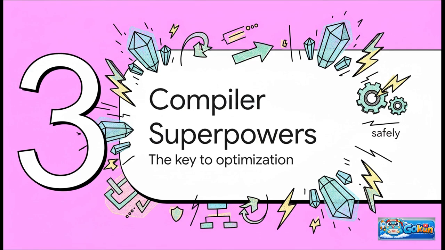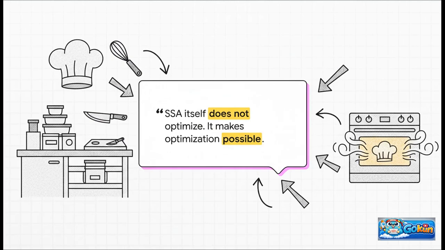Because once the code is in this crystal clear SSA form, it unlocks a whole range of incredibly powerful optimizations that would otherwise be extremely difficult, or in some cases, literally impossible to do safely. This sentence right here sums it all up. SSA is not an optimization itself. It's the foundation. It's like meticulously prepping and organizing your kitchen before you start cooking. It's the prep work that allows the chef, the optimizer, to come in and create a masterpiece efficiently without making